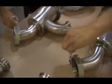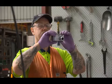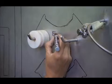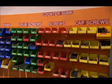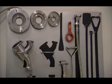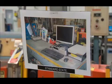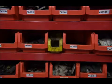There are some simple visual methods you can use to standardise your working area, such as photos, sketches, diagrams, painting, colour coding, tapes or shadow boards. This tells everyone where things should be and how they should look. So you can immediately see if something is in the wrong place